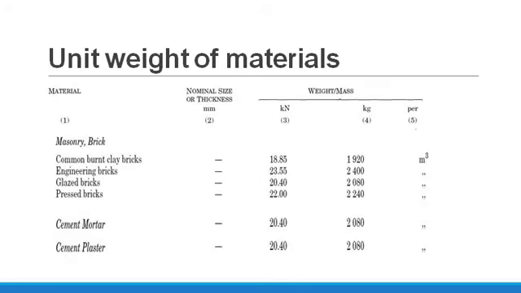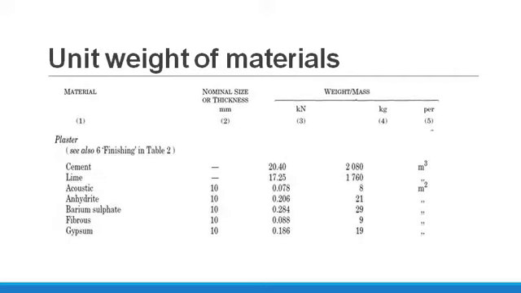Different unit weight of materials is given in the code, like for masonry brickwork, common burnt clay brick, we take 18.5 in kilonewton or 1920 in kg. Similarly, cement mortar, cement plaster, all these unit weights that we are taking are from the reference of 875 Part 1. Now, for different materials that we are using, plaster, cement, lime, all these things, the weight or mass is given in the